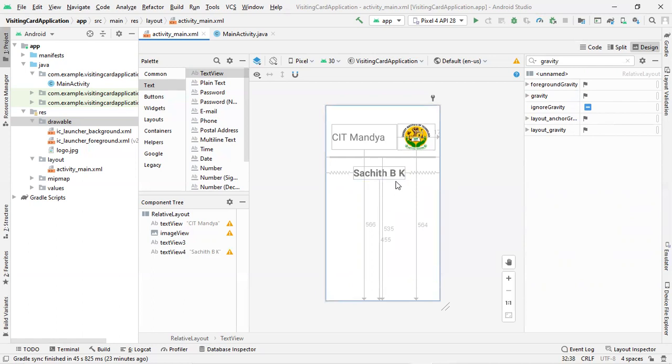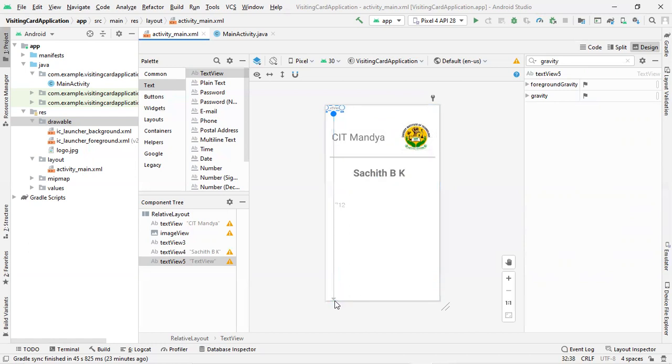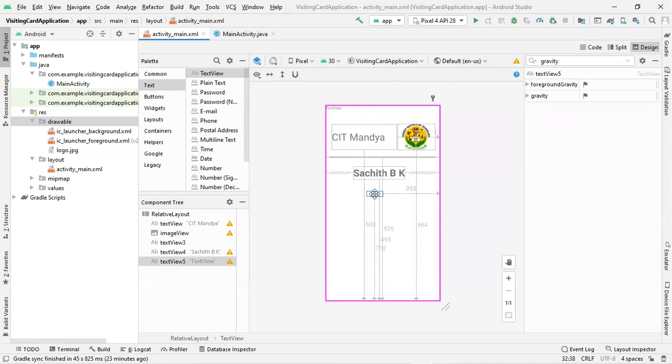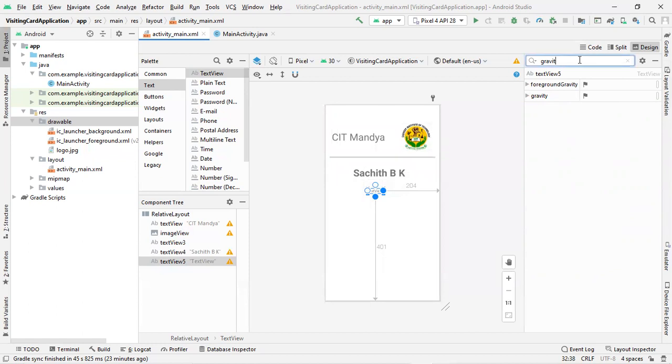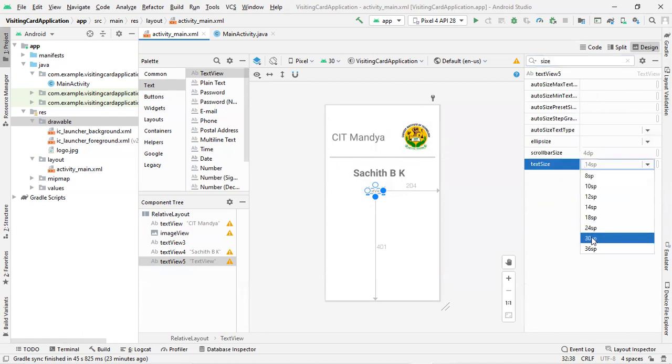Now what we need to do is add the designation of the employee. For that, we are going to add one more text view. But the only difference is we are not going to make it bold. So we are adding one more text view. Just align the relative position of this text view component. The relative position has been aligned. Drag and drop here. Click on this. Go to size. You should increase the size. So let me make it somewhat lesser. Let me make it 30 sp.